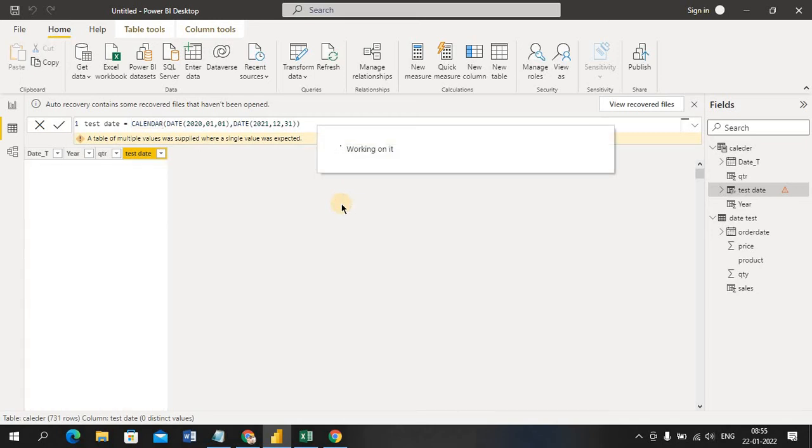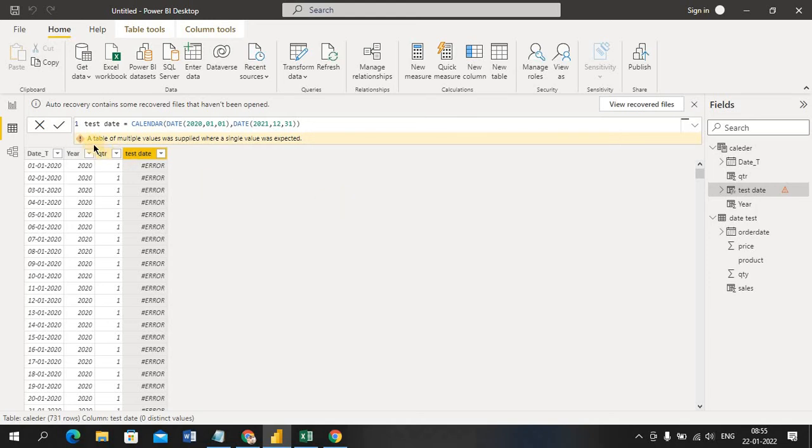If I enter, it will show me an error: a table of multiple values was supplied where a single value was expected. This means we have to give a closing bracket. So I'm going to close this, enter. Okay, why, what happened?